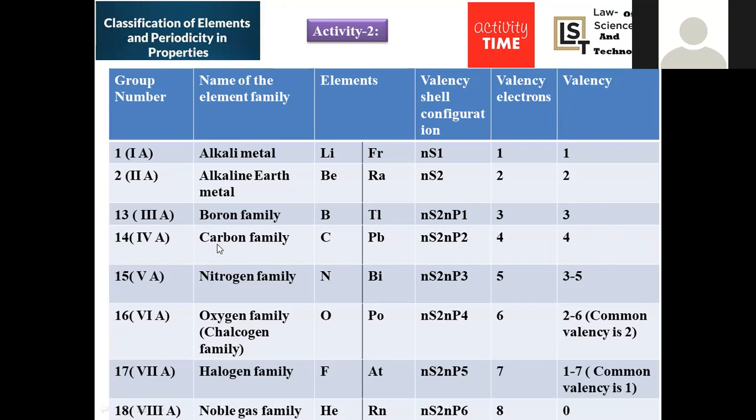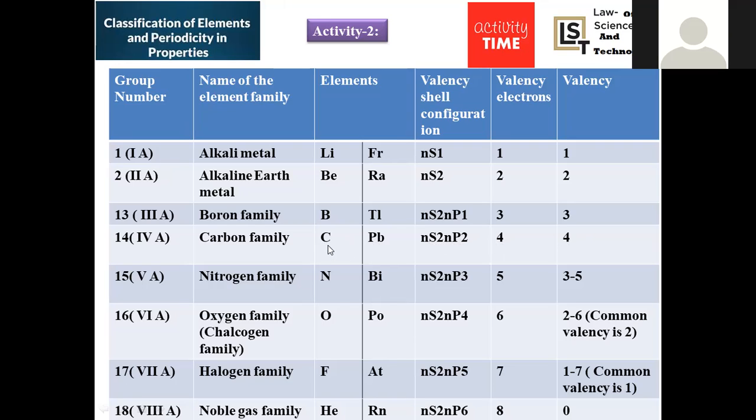And move on to the 14th group, denoted as the carbon family, starting with the element carbon and ending with lead, right? So here, as we are descending down, the metallic property of these elements gradually increases, and their common electronic configuration will be designated as ns2 np2. How many electrons can you find? 2 electrons in the s orbital and 2 more electrons in the p orbital, so that the total valency electron count will be 4, so they are able to form 4 bonds around them.